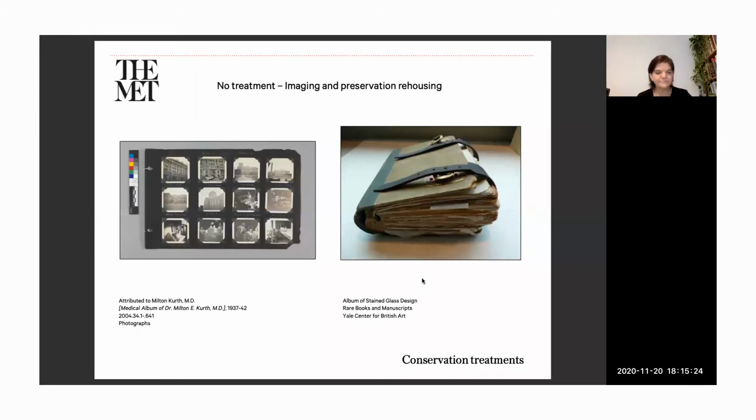And it's a matter of coming to the right conclusion as to what you can and cannot do to return a book to its previous state. So those are some examples